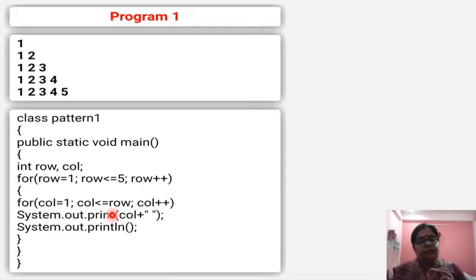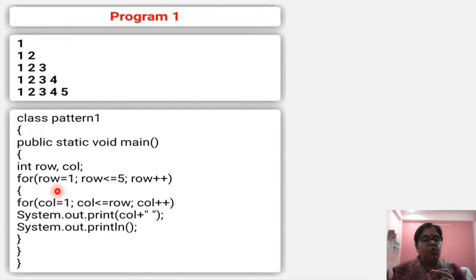Now like that only, the inner loop is there. Column is 1. First of all, column is 1 and column will work till the value of row. Whatever the value of row will be, it will work till that, and column plus plus. See students how it is, and we are going to print column, the numbers of column. Okay, see how it is going to work.